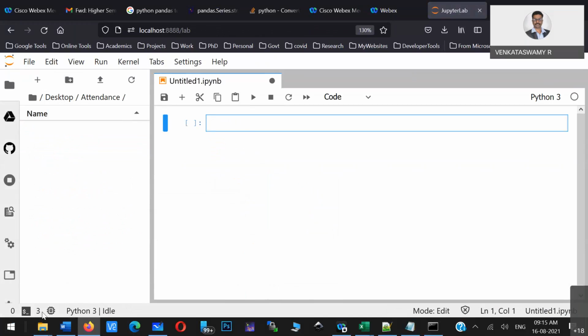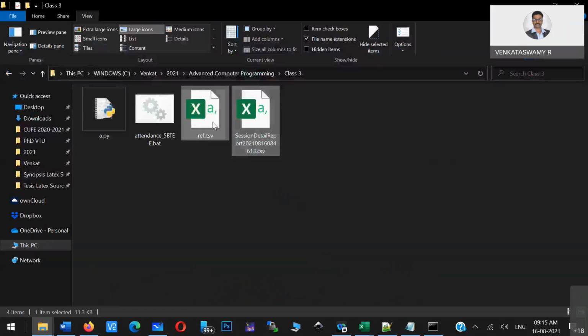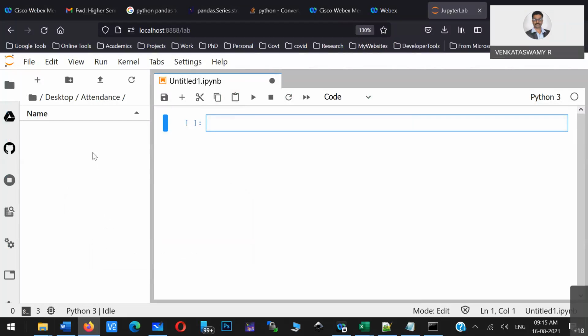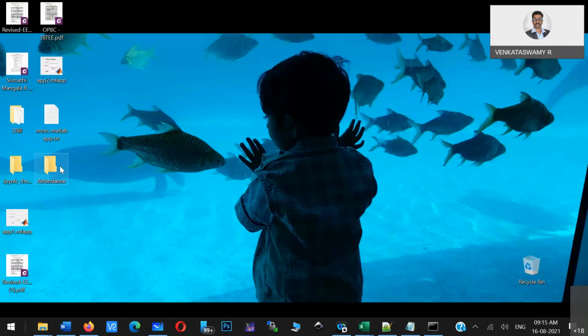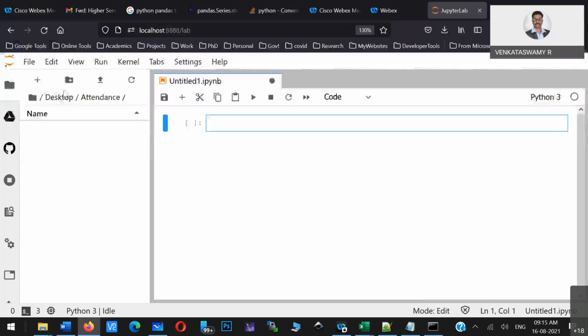And what I'll do is place these two reference lists in that particular place. So these are the two reference lists that I have, and I'm just pasting them in this place. Maybe in attendance, I'm pasting that into data. So that CSV file I'm just placing. Okay, let me start writing a program.